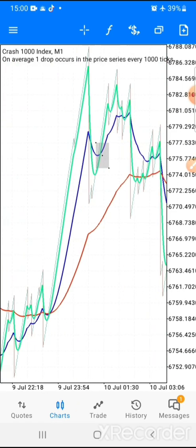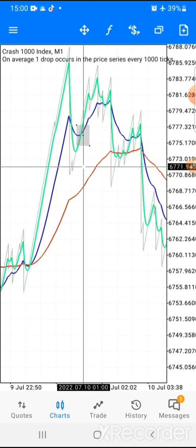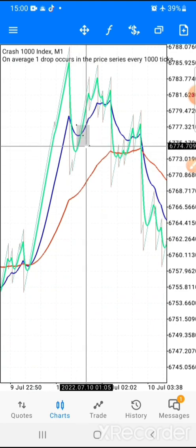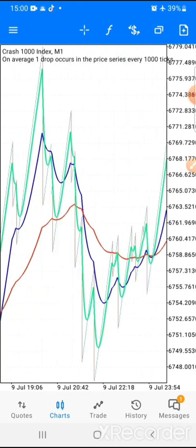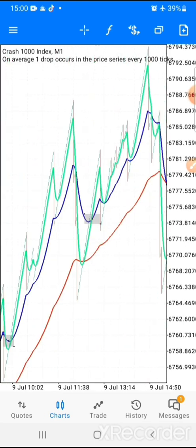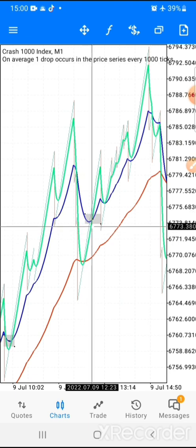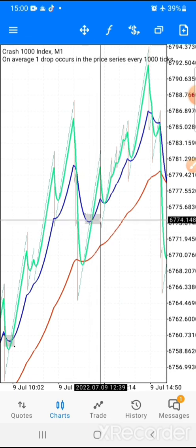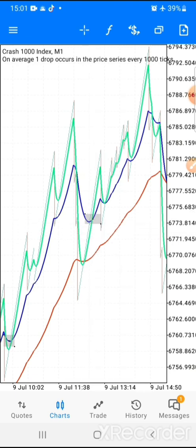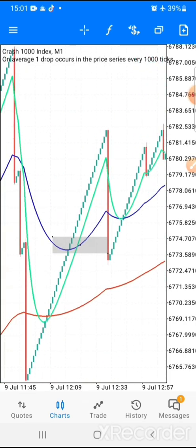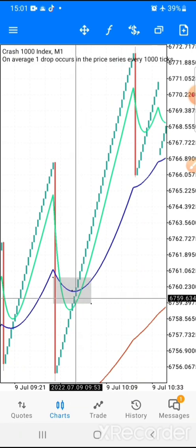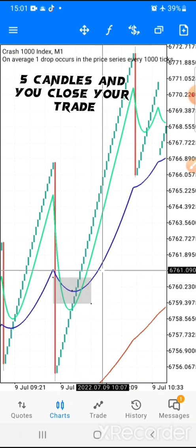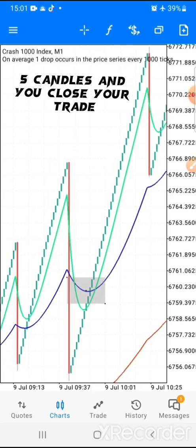So let's look for more examples. We can see again on this point, the green line was able to cross, and we're going to count our 5 candles and we move out of the market. Let's look for more examples. Again on this point, the green line crossed, and if you count, we're going to get our 10 candles there. Okay, let's look for more examples. Again here, we can see the green line crossing the blue line, and we're going to count